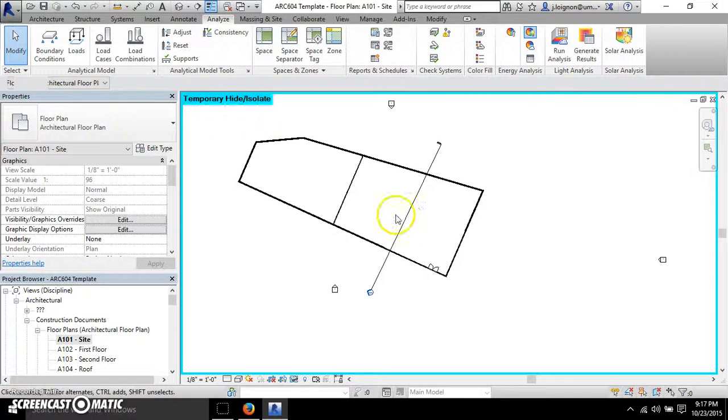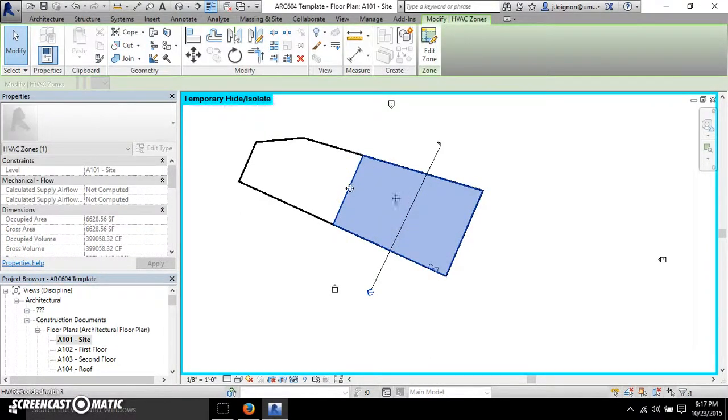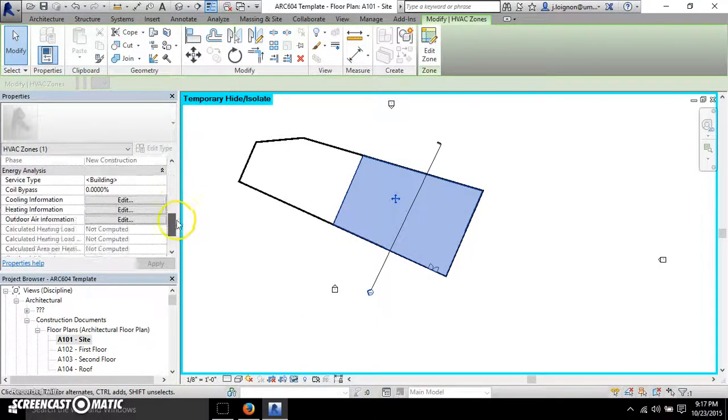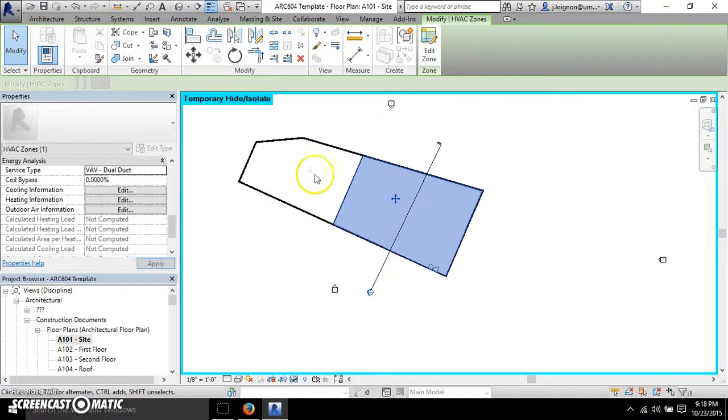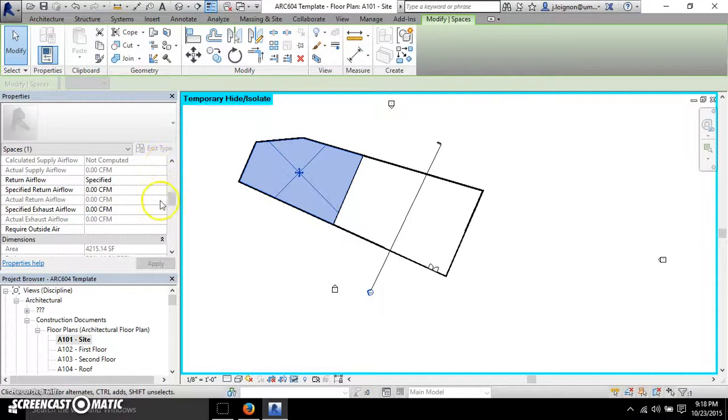And then if I come here, try to find that actual zone, and I click on that zone, you can tell by here that you're in a zone. You can start to actually change the service type of the zone as well. So this is where, when we did the energy calculations, you could only pick one system that you wanted for your building. But when you start to group spaces by zones, you can start to select different mechanical service types. So this one I'm going to do as a duct,